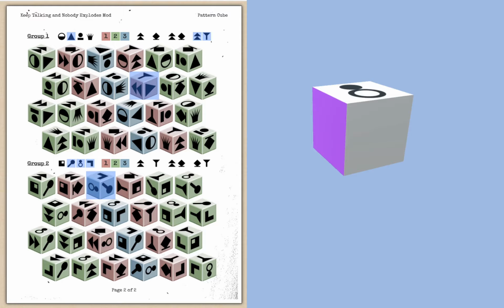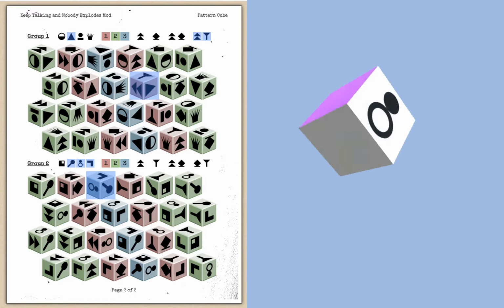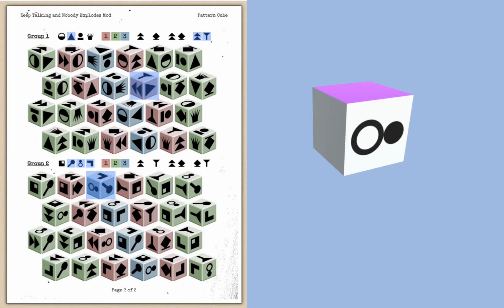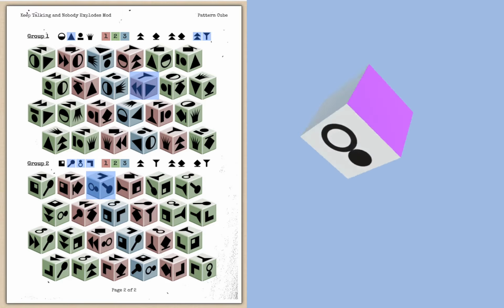In this orientation, the diamond ring is on the top face, but in the manual, in the cube that we've selected here, you can see that it is on the left face. So the cube could be oriented this way, in which case it would be on the front face, or this way. This is the orientation that we want, where the diamond ring is on the left. But now we notice that the diamond ring here has the diamond on the right. So we actually got the orientation wrong, but now we can fix it,